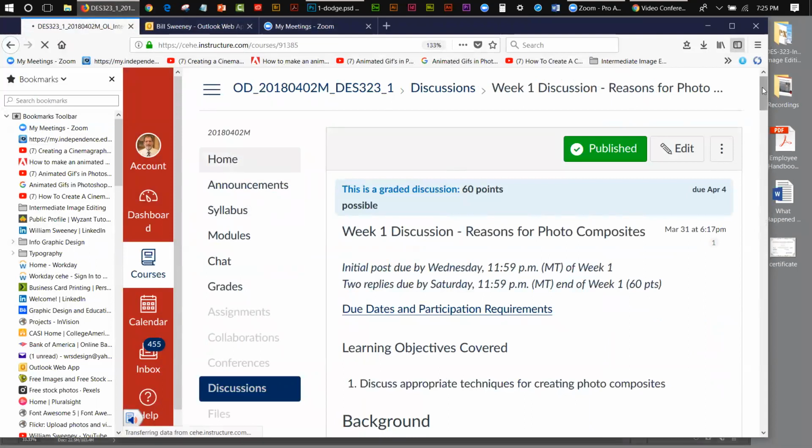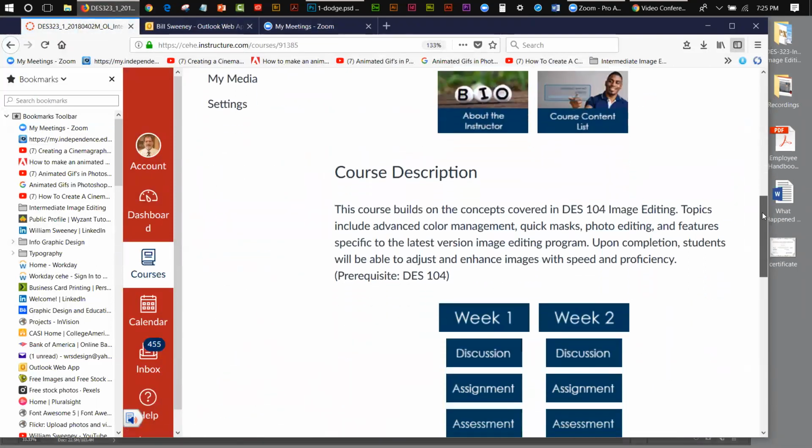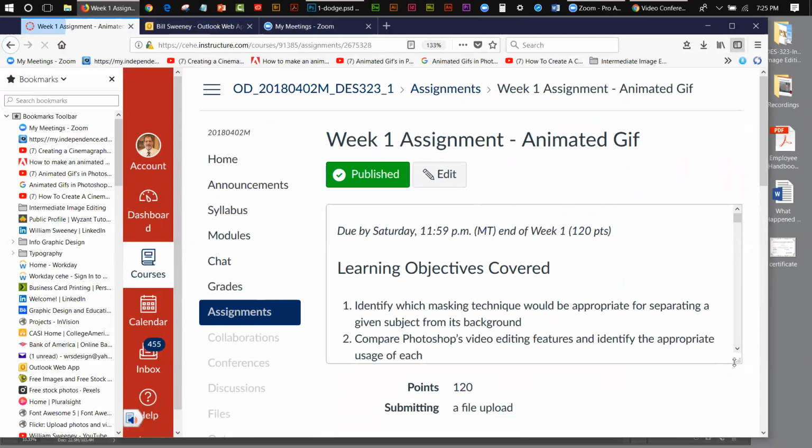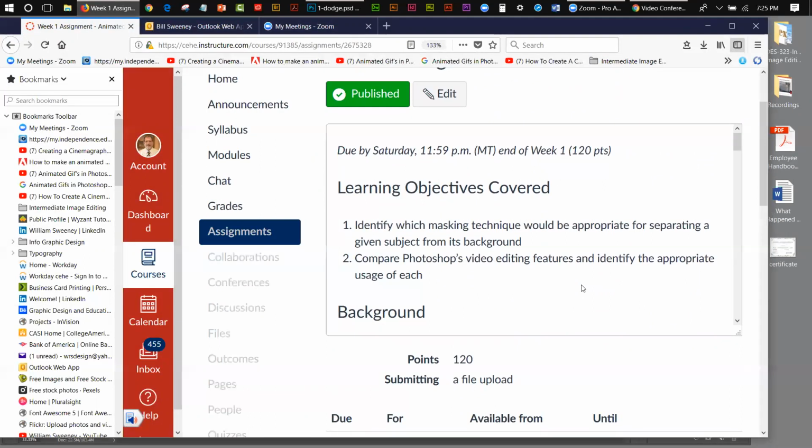home quick, and let me go down to the assignment one. Assignment one. Okay, and assignment one is the animated GIF. Now, before I get into talking about the assignment animated GIF, which we're going to be working on, I wanted to talk very briefly about masking techniques in Photoshop. The reason that I want to talk about masking techniques in Photoshop is because right off the bat, starting with this animated GIF, the very first thing that we start doing right out of the gate is working with the